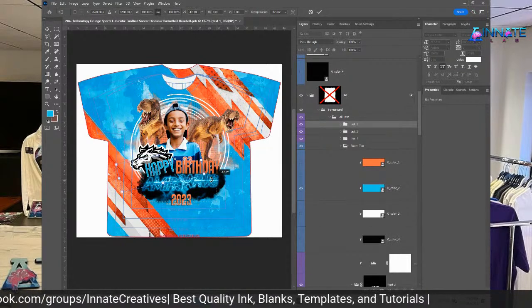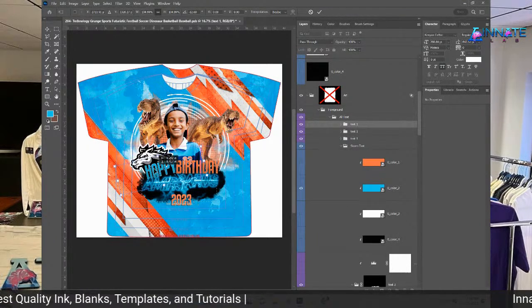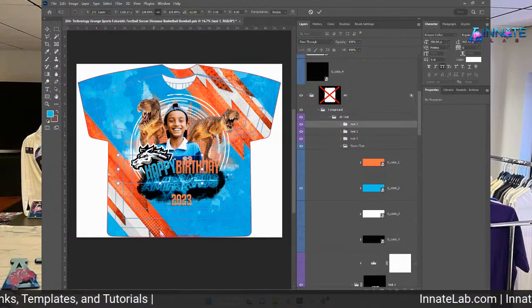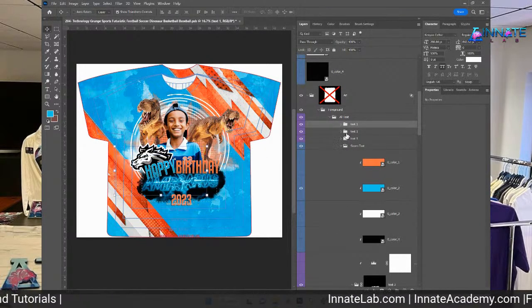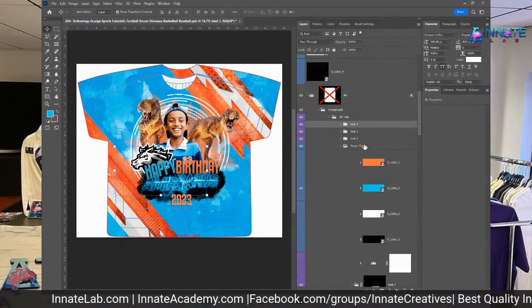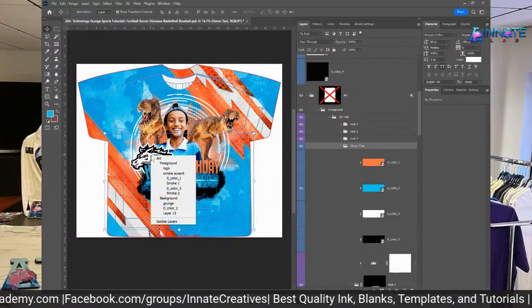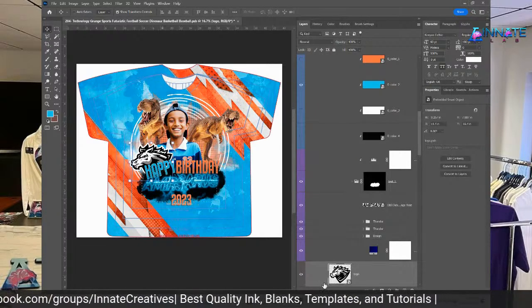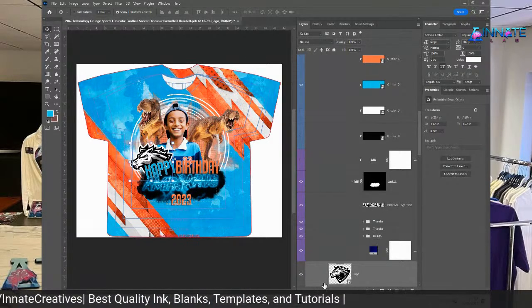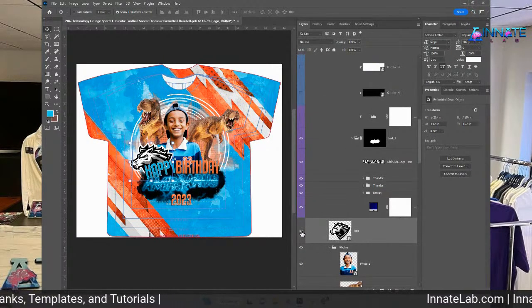Maybe even take this one and give it a little slant. This is all whatever you want to do. So 2023 could have the 8th birthday or whatever you want to do. This is just giving you some suggestions for where to start with the design that you can literally get done in no time at all. Well, not no time. It's going to take some time, but very little time, usually about 5 minutes or less